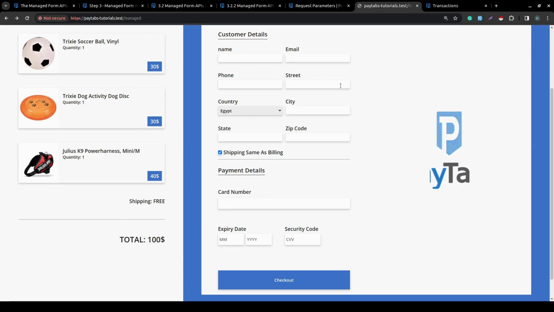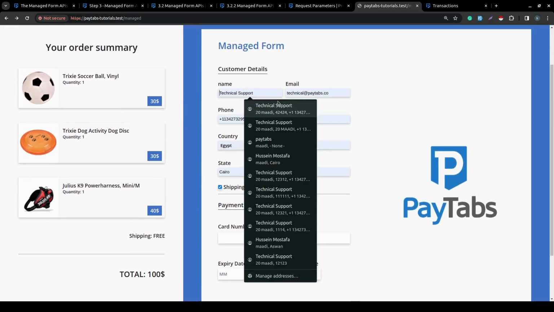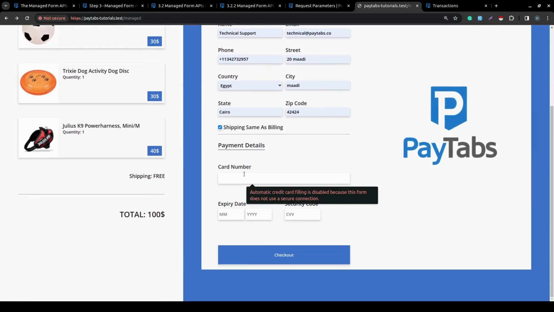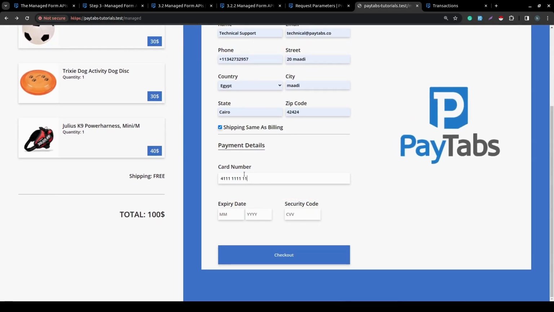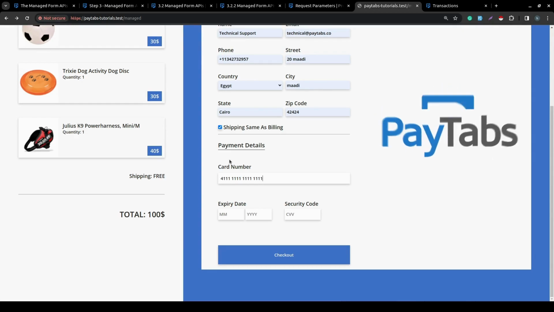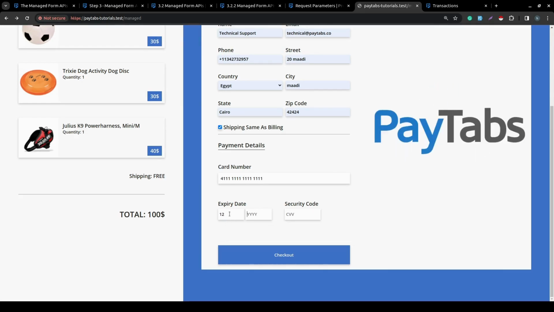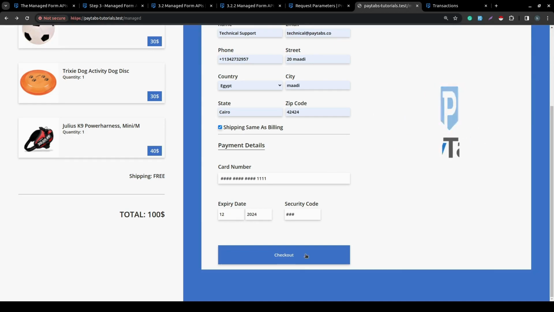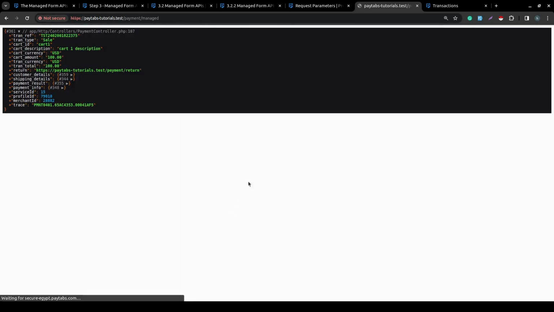The callback is something we are going to learn how to handle, the post-payment response, in step 6 of this tutorial. So let's initiate this payment. Let's fill out the card details. Now let's fill out the expiration date. Now let's check out. Once we check out, I have debugged the response over here, and you can see I have the shipping details, the payment details, all of the details I want. Now if I want to check for the user defined, I need to use